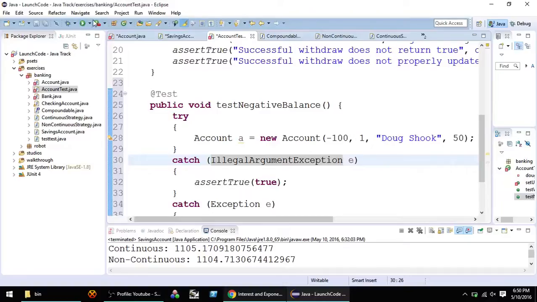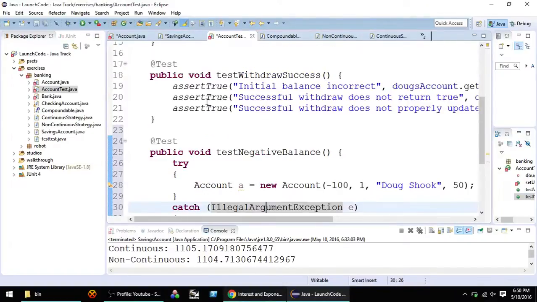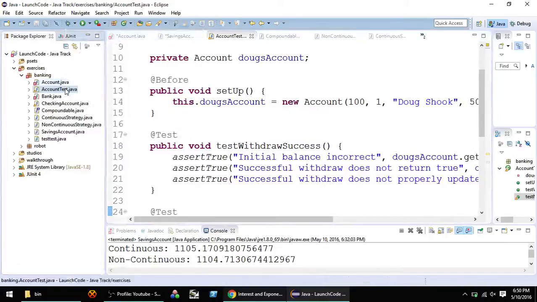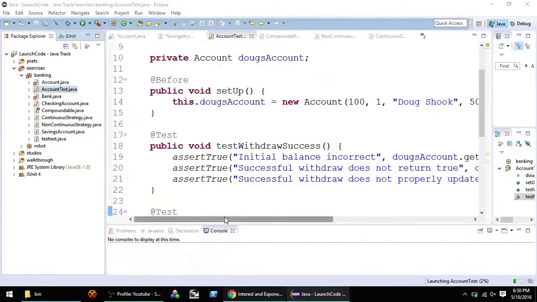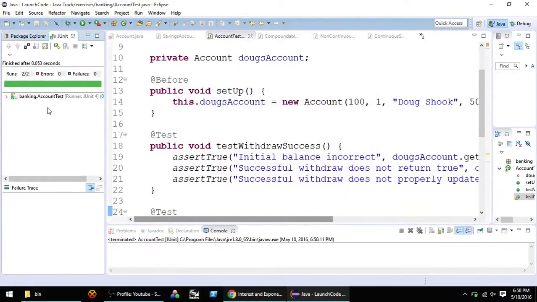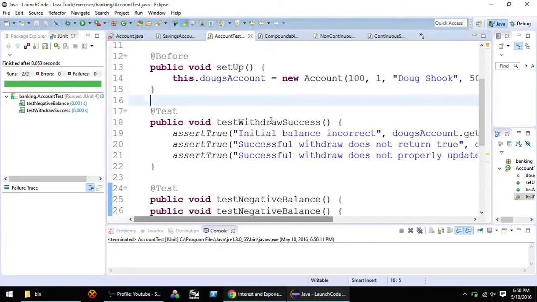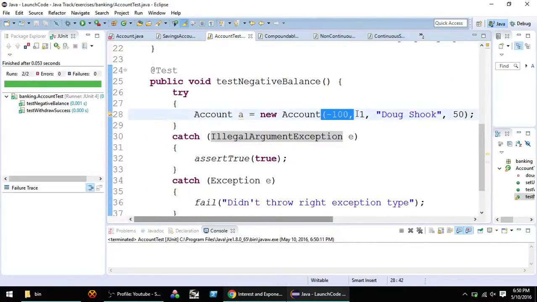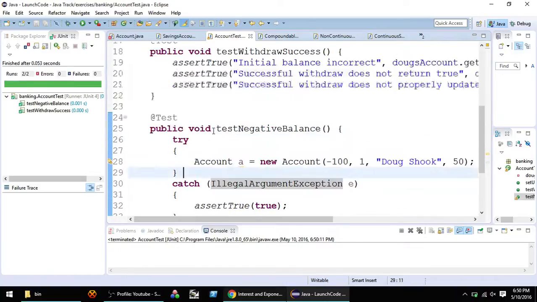But if I run this test, I would expect it to succeed. So let me try it and see. And we're good. It passed. So what happened? I gave it a bum value on purpose. It threw this exception, but my catch statement caught it, which is exactly what I wanted. That was my expected behavior, so it passed the test. Those are the two big things with exceptions, try-catch and then throwing them,